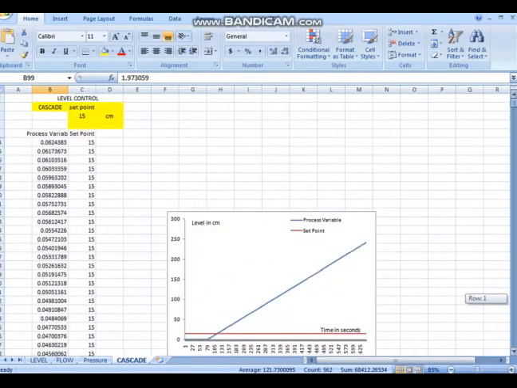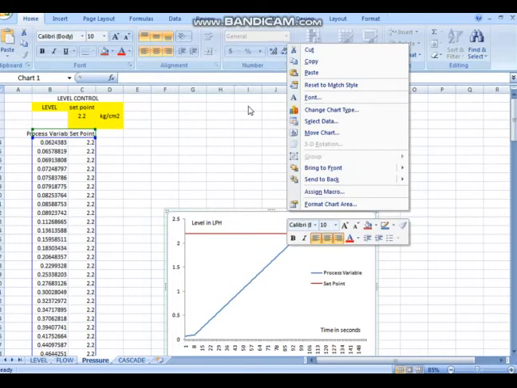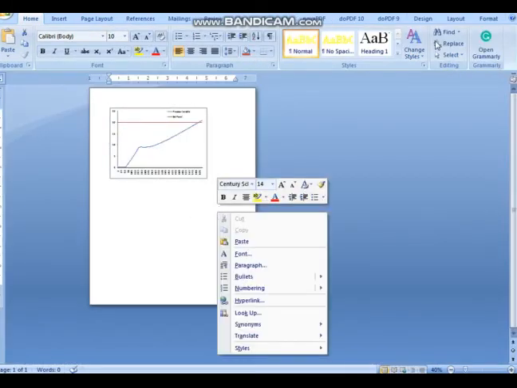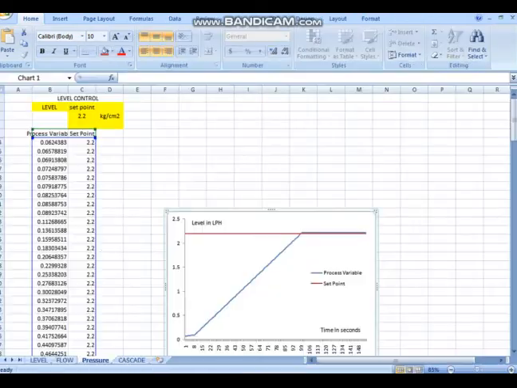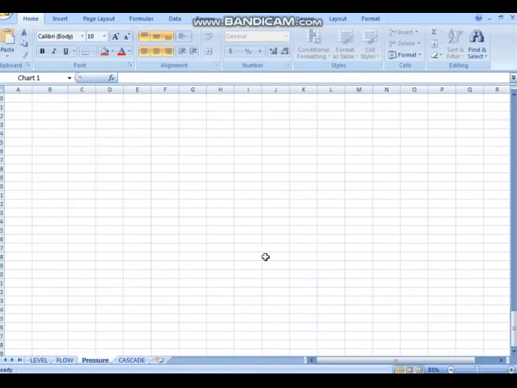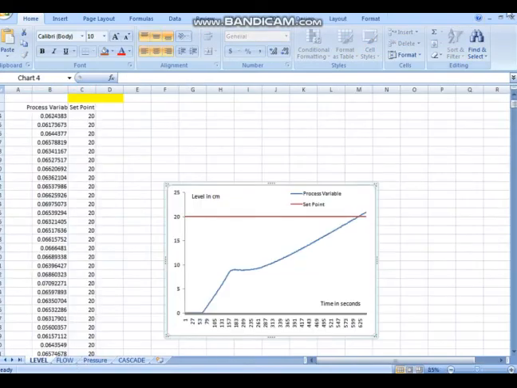That's how you can change these values and you can get your graphs. You can just copy this and paste it in the Word document which is given. There is no need to write out the data because we have about 200 to 300 data points. This data you can change and use, or the same data also you can use.